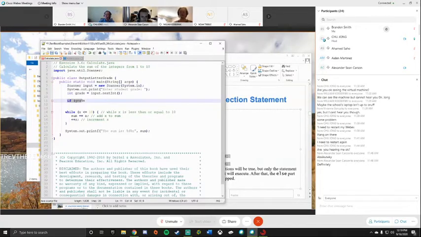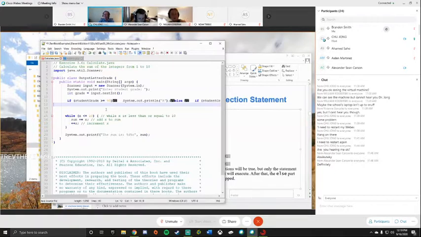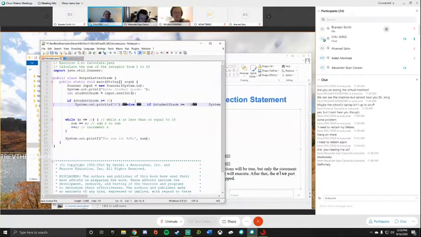I'm crossing my fingers for you. In that case, I use the same word, student grade. So student grade equal to this, and I will do system output A, and else